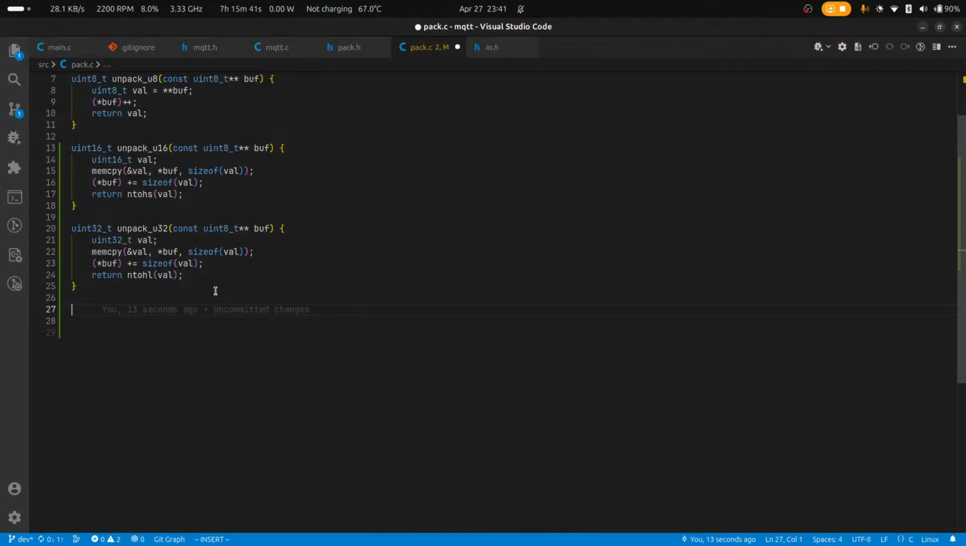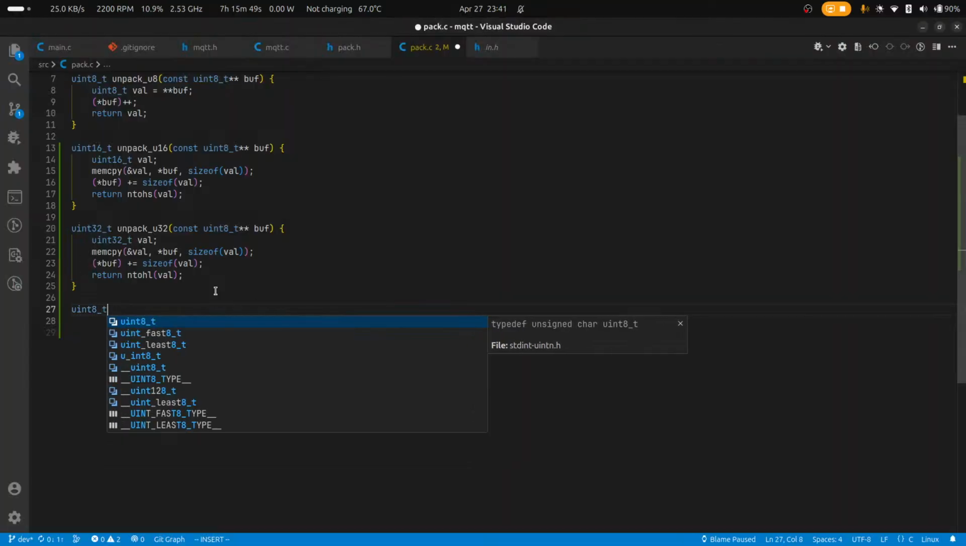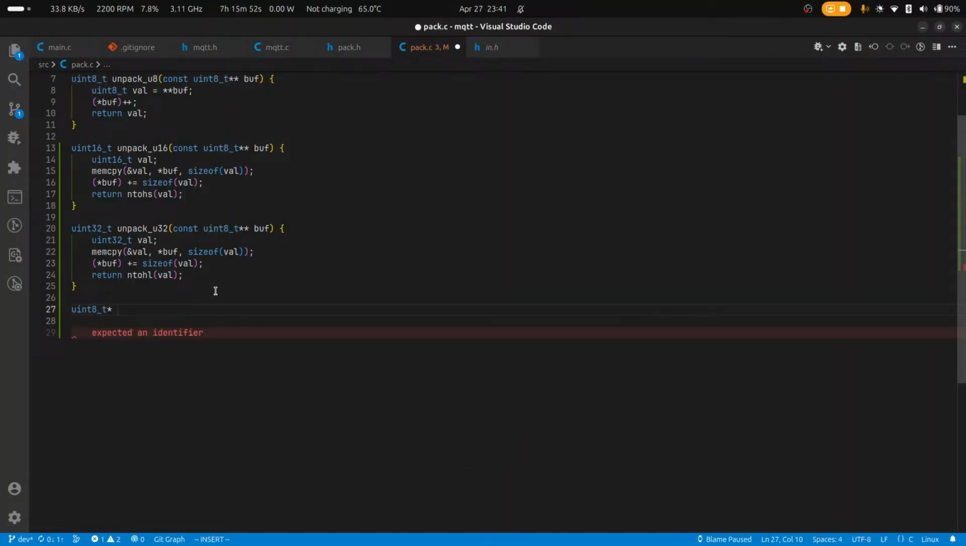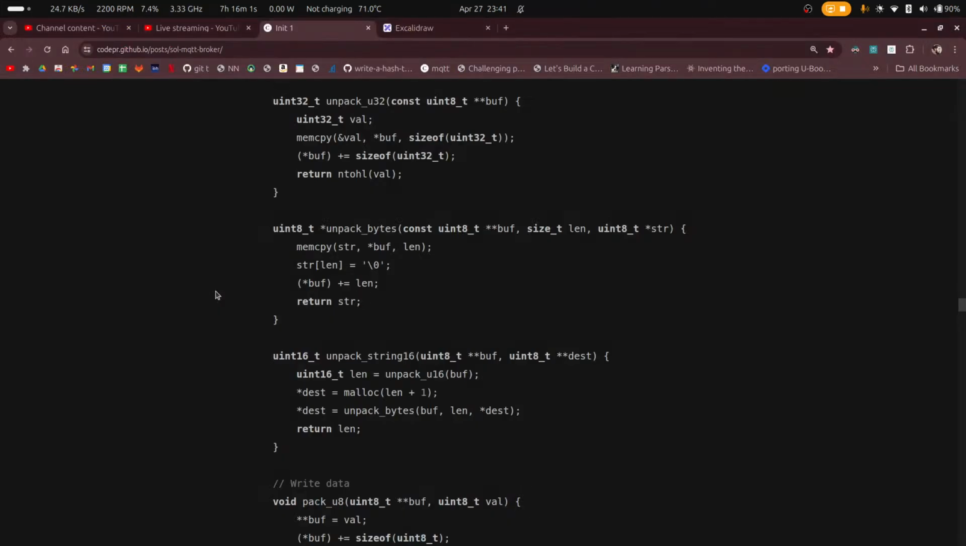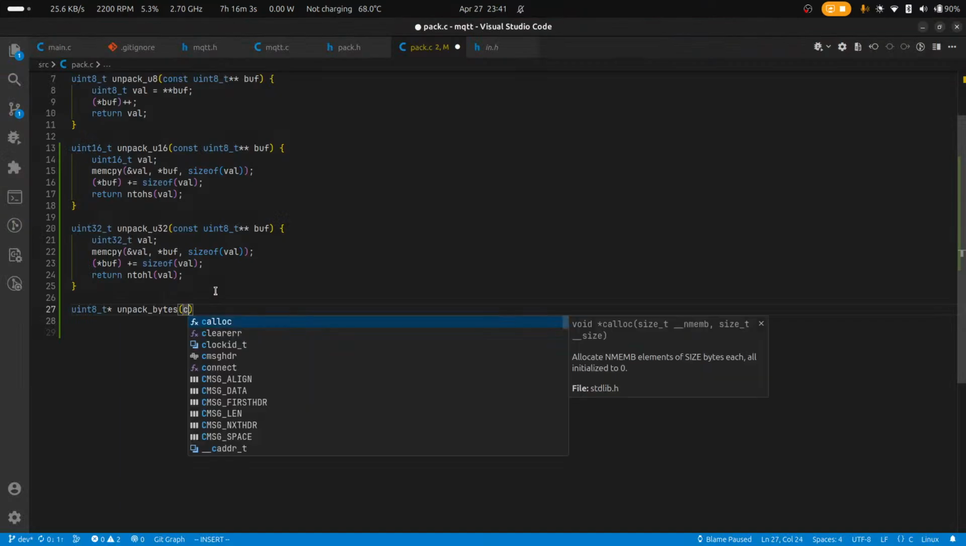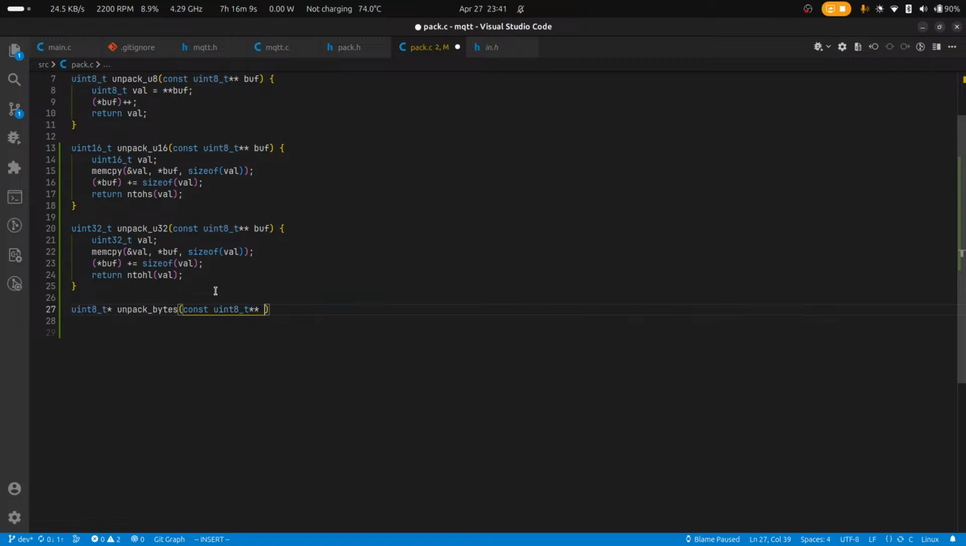Right, so unpack bytes. How are we going to do this, boys? Unpacking bytes means you return a pointer to string. So I return this and I unpack bytes. The first thing is the buffer from where I want to read, and the, oh wait,